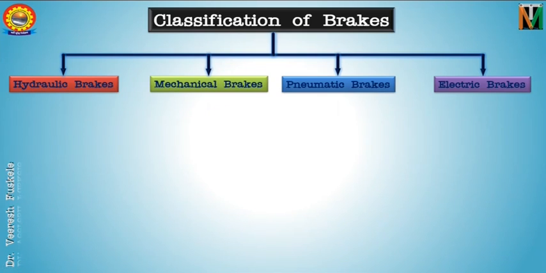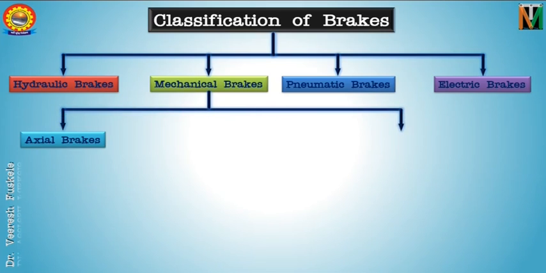Brakes are devices that dissipate kinetic energy of moving parts of a machine. In mechanical brakes, the dissipation is achieved through sliding friction between a stationary object and a rotating part. These are used for low power absorption. Depending upon the direction of application of force, the mechanical brakes are primarily of two types. First, the radial brakes, and another one is the axial brake. Depending on the direction of force applied, they are defined as axial and radial brakes.